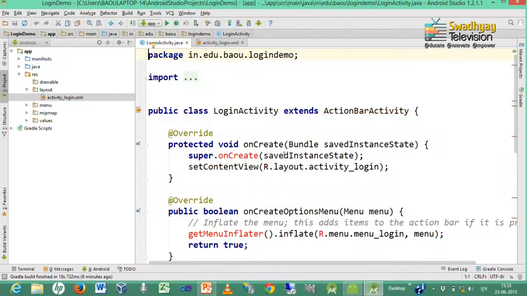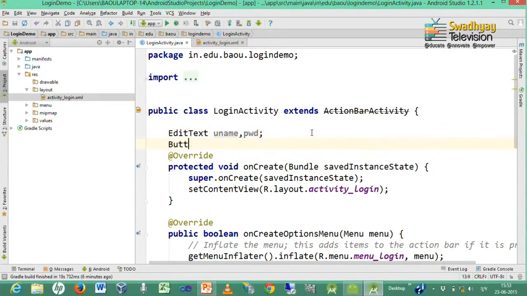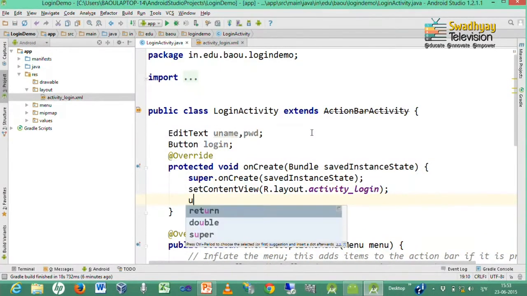Now, we go to the LoginActivity.java file where we take reference for these controls. We declare two edit text controls with names username and password, and one button called login. We already discussed how to take reference for these controls.